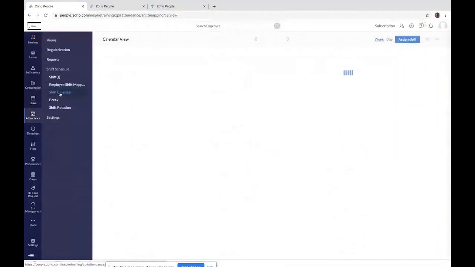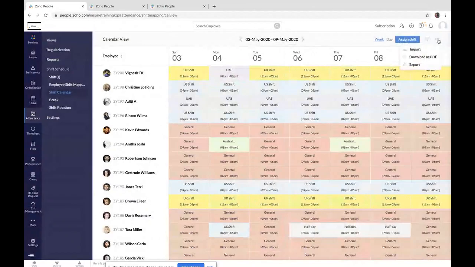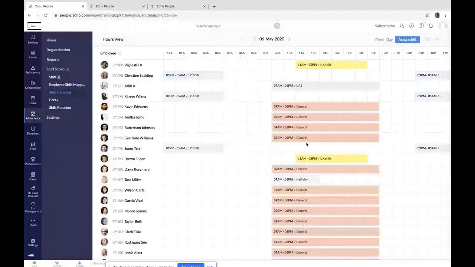Then going to the shift calendar, here you will be able to view the employee and the respective shift which he is already tagged into. So if you wish to change it, you can just click on the shift detail and you can just change the shift right in the calendar. So this is actually used in cases where you wish to manage your team effectively, so you can have an overall look like who are falling into which particular shift and you can plan your activity. So again, the same assigning shift can be provided even from this shift calendar. So you do have an option to import the shift as well. So based on week and based on the day also, we'll be able to have a view.